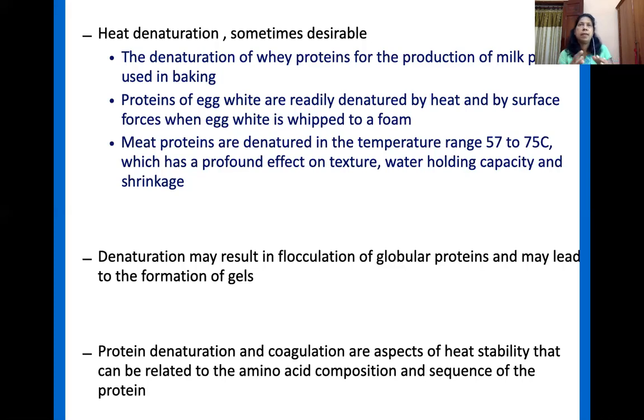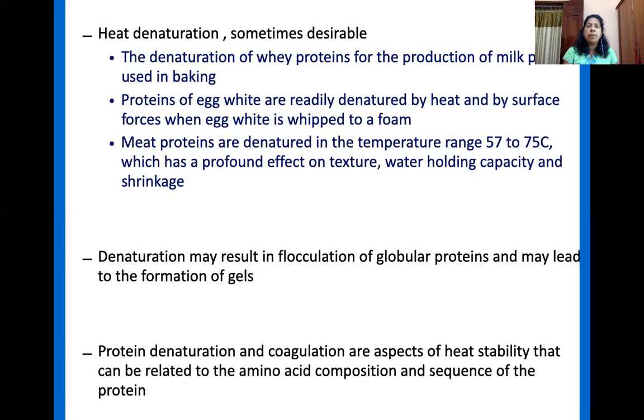Right? Shrink means getting smaller, because of the breakdown of the protein, and therefore the trapped or bound moisture can go out, and the H2O molecules and hydrogen bonds are broken down. Therefore, the H2O can be released from the product, and therefore you can get the shrinkage of the product.